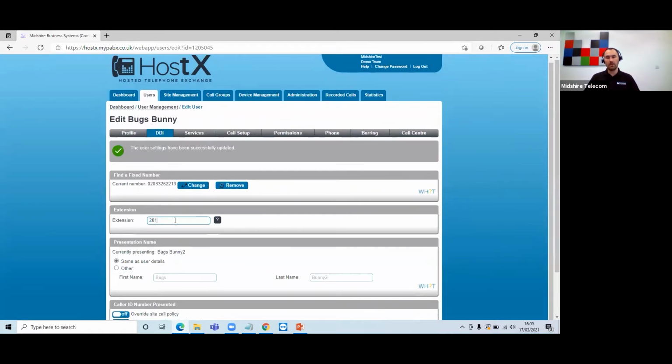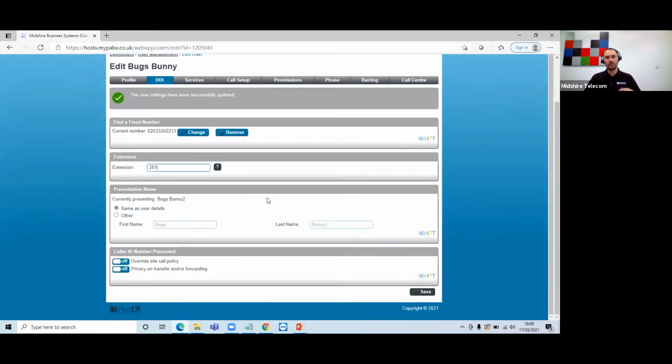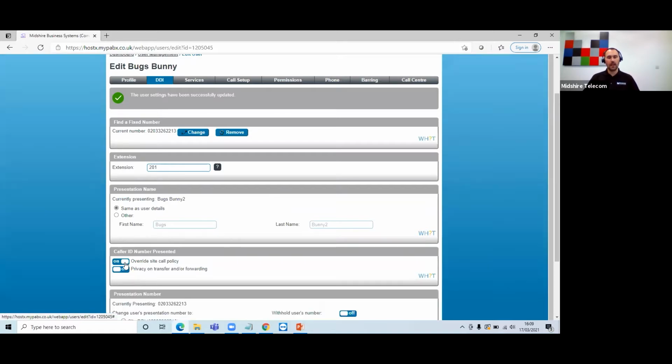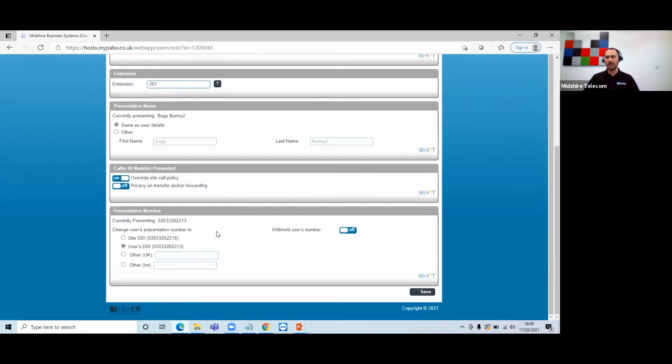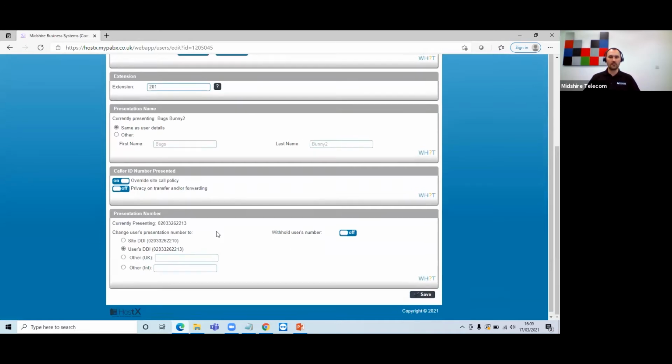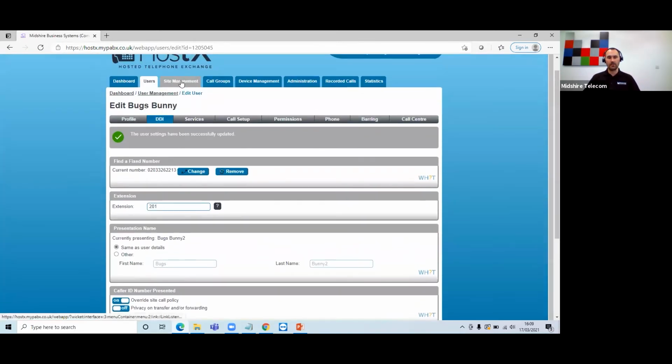Their extension number is 201. If I really wanted to change their extension number, which is not usual, I could do it here. And the more important thing a little bit further down is the caller ID. Now, we've got here override site policy. So you will have a site policy, and that's within the site management, which we're not going to cover today. That would generally have been set up by us,